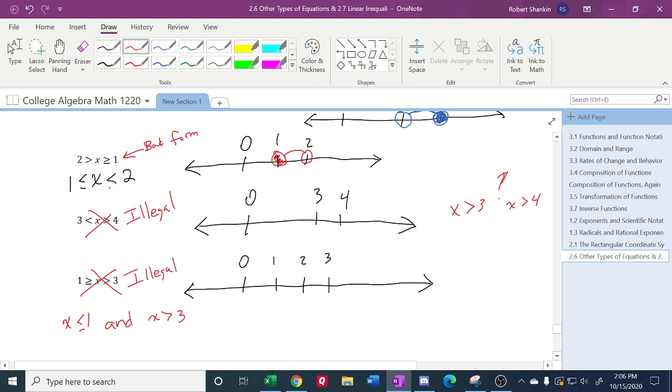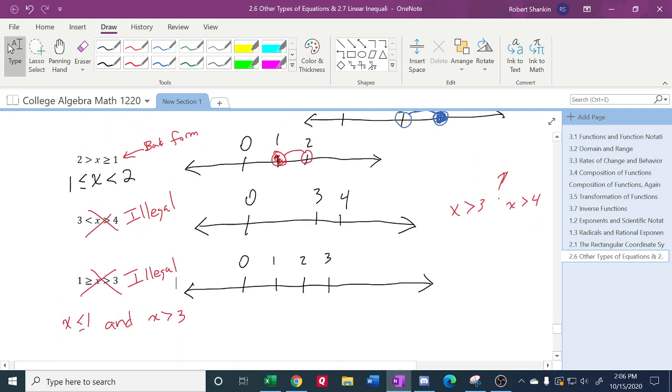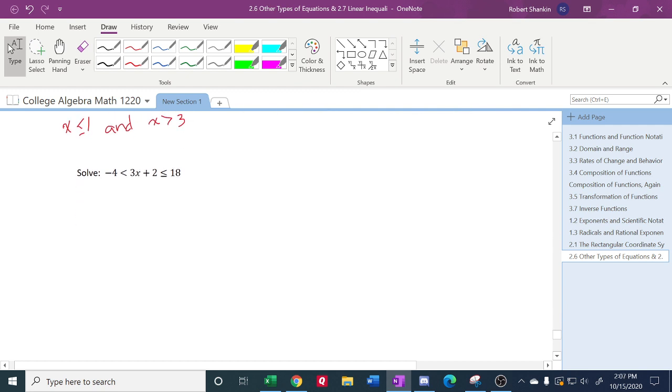The arrows have to point to the left on a double inequality in final form, and the smaller number has to be to the left, bigger number to the right. Any questions? Any of this? All right, let's go to